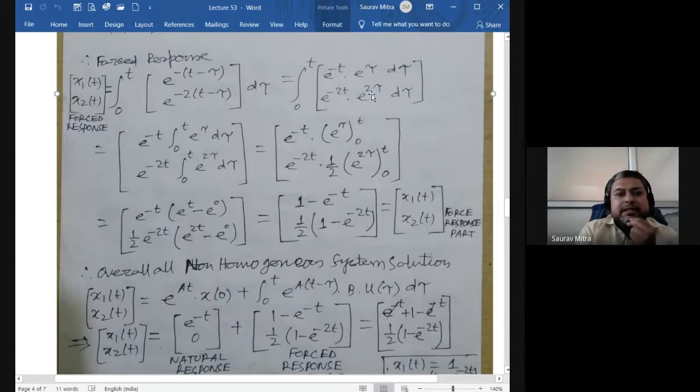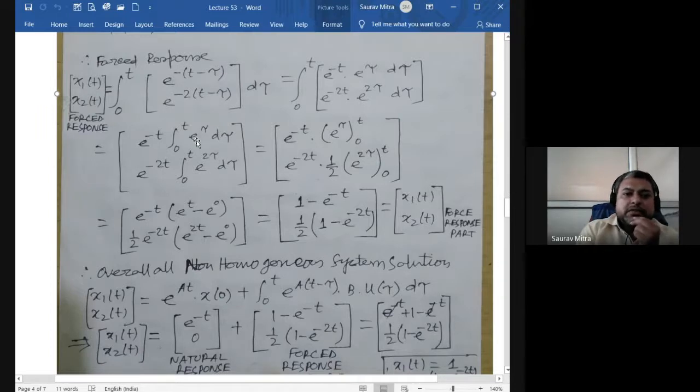Now in this case I have taken the e raised to minus t outside because the integration has to be done with respect to d tau. So e raised to minus t I have taken outside, so integration of 0 to t e raised to tau, and e raised to minus 2t also I have taken outside. The integration has to be done with respect to e raised to 2 tau. That's all. So step by step, slowly you proceed. There is no hurry. Okay, e raised to minus (t minus tau) was there, so break it first. e raised to (a plus b) is equal to e raised to a into e raised to b. Then the e raised to minus t part you separate, and the e raised to tau part you keep inside like this.